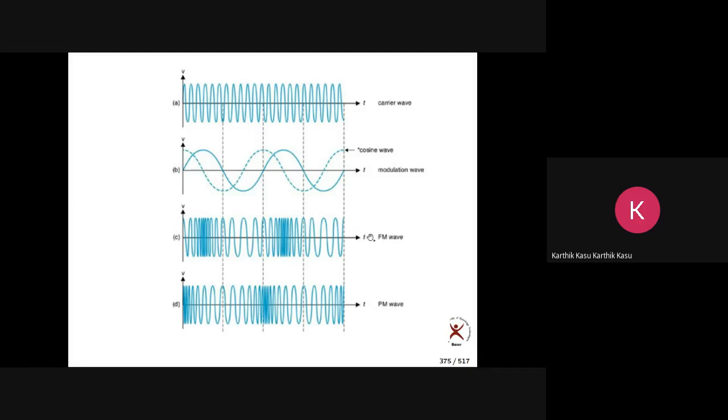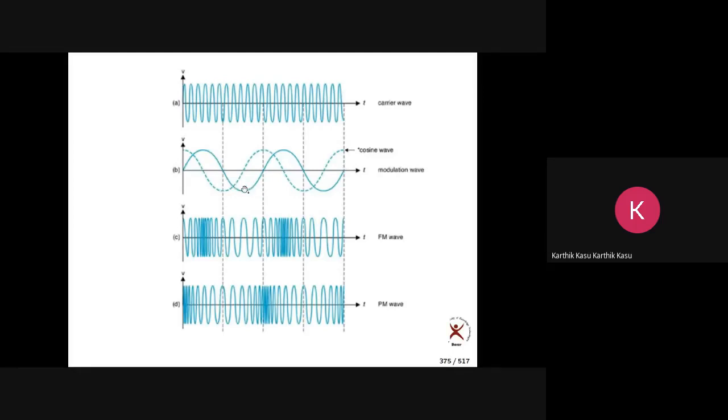How does FM change? According to the sine theta. m of t is sine theta, a sine waveform. So the solid line, or the thick line, is m of t, that is sine theta. So in FM, what is happening? The frequency of the carrier varies according to m of t. Here m of t is minimum. Here m of t is maximum, increasing. Here also maximum frequency. They are very close to each other. Thick lines are there. Now it is decreasing.